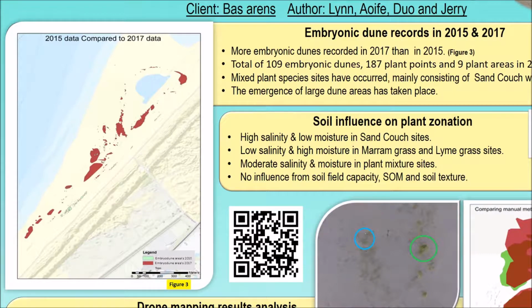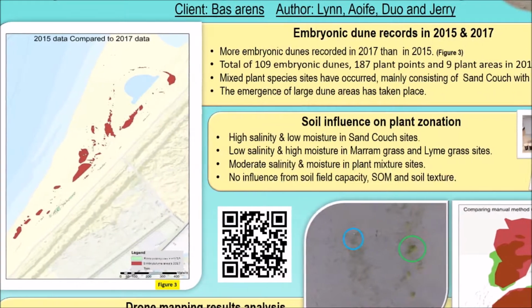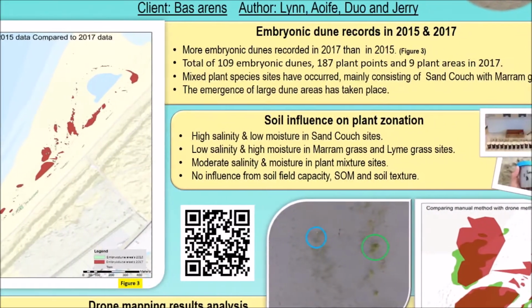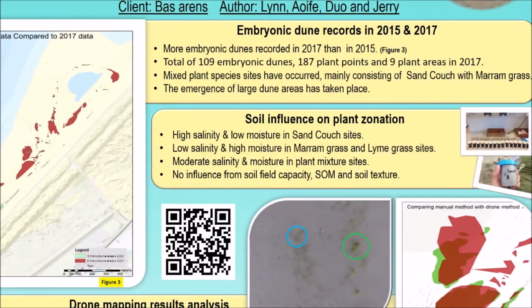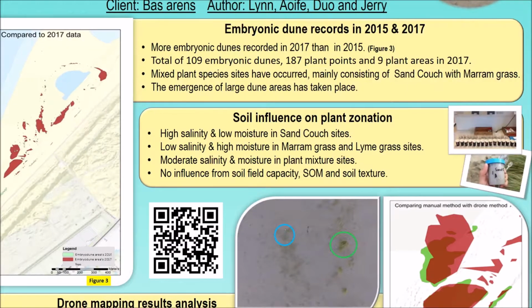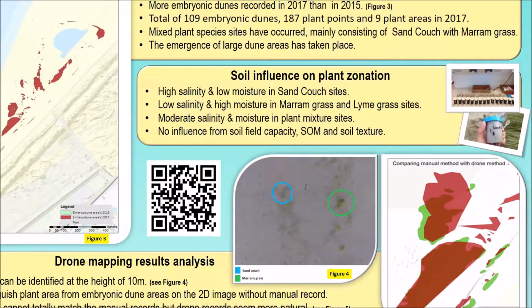For the manual method results, it has been observed that the prevalence of dunes has increased on the Sandmotor since the last set of analyses in 2015. This can be seen in figure 3. In total, 109 embryonic dunes were recorded on the southern part of the Sandmotor. 187 plant points and 9 vegetation areas were also recorded. Dunes where sand couch and marram grass coexist were recorded for the first time, as these were not present in previous years. For the lab results,